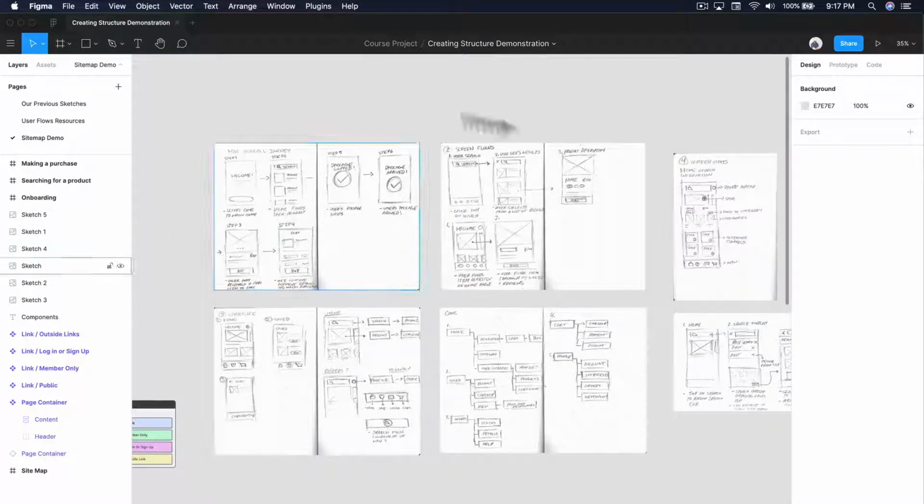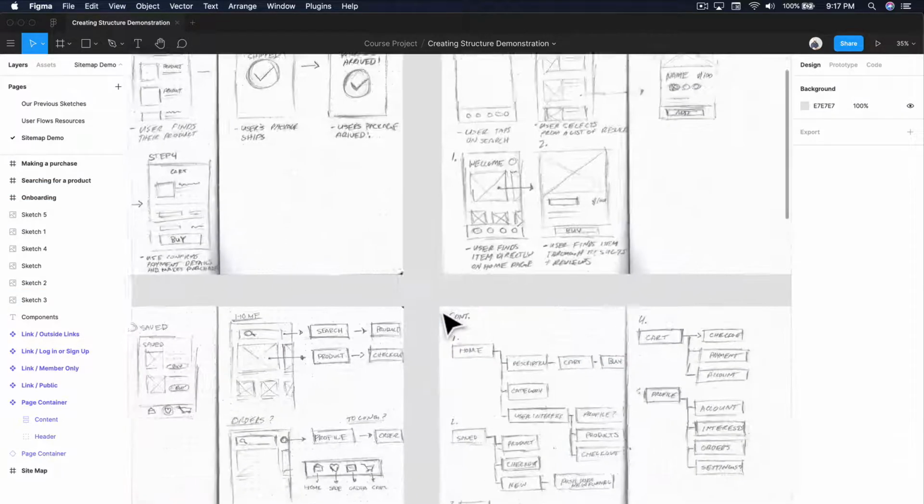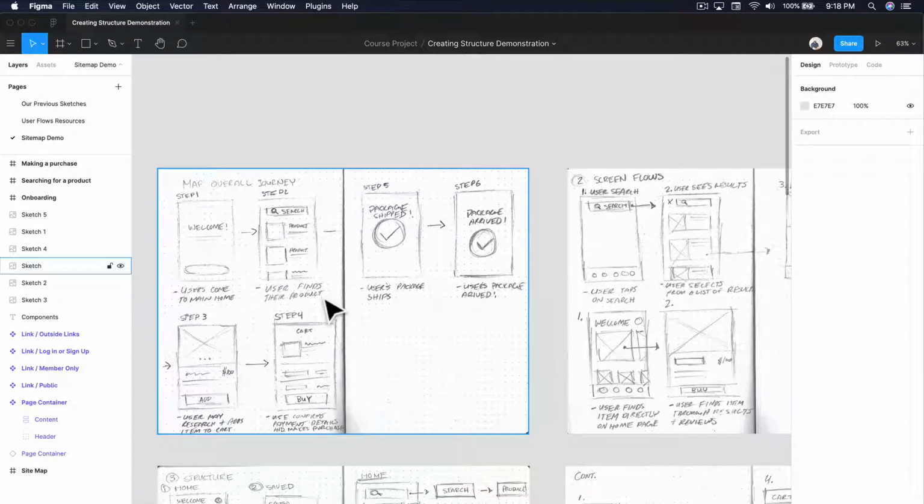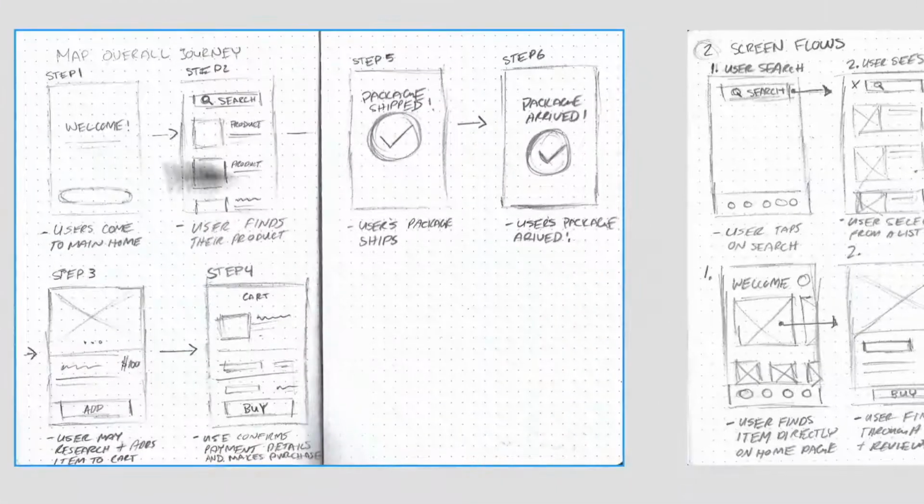So I'm using them in our sitemap file right now, and they're going to help us really figure out the structure of our application. They're going to help us think about some details on pages that could really influence the categorization of certain things. So we started with mapping out the overall journey. I know that we need an onboarding screen. I do know that we need some sort of home screen, or this looks like a search results screen that